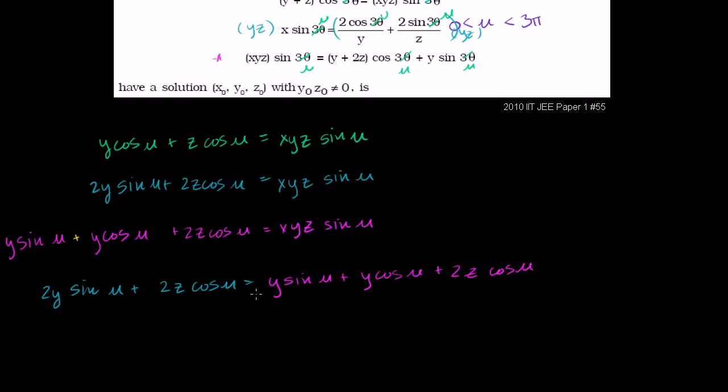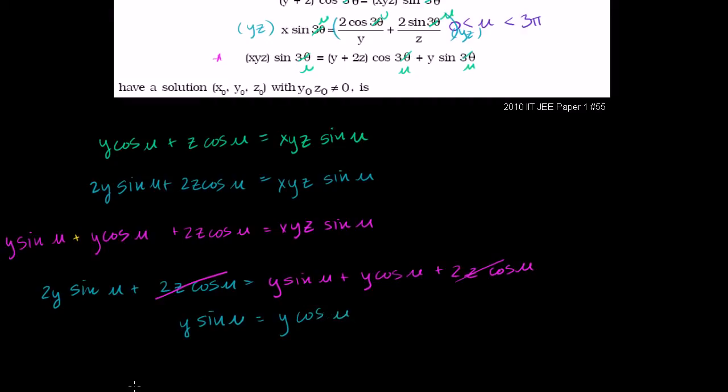We have 2z cosine of u on both sides, so that gets rid of the z terms. And then we have 2y sine of u, and we have a y sine of u. So if we subtract y sine of u from both sides, just subtracting this from both sides, 2y sine of u minus y sine of u is just going to be y sine of u, is equal to y